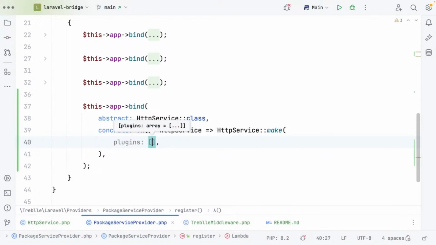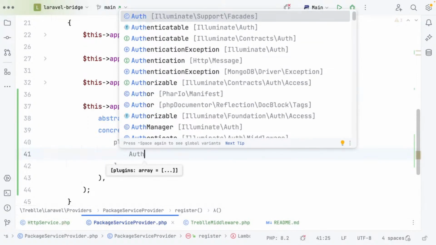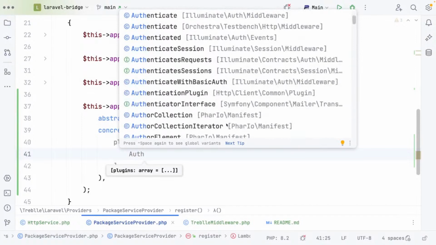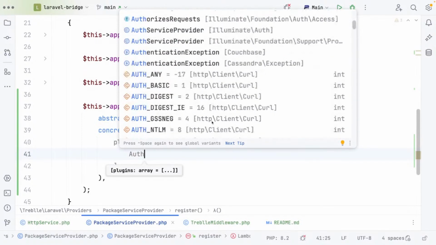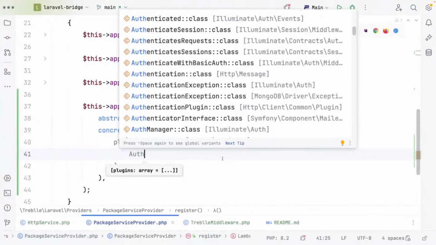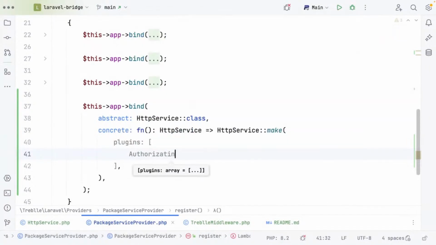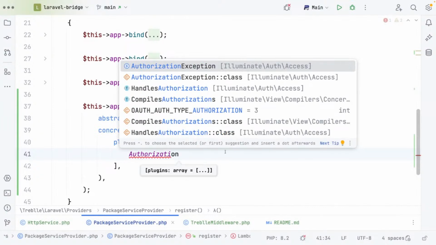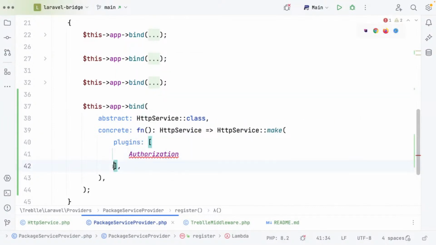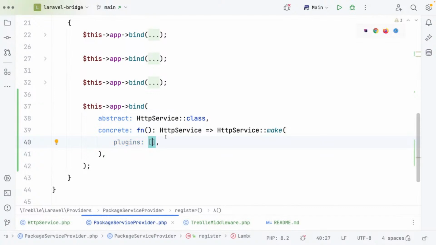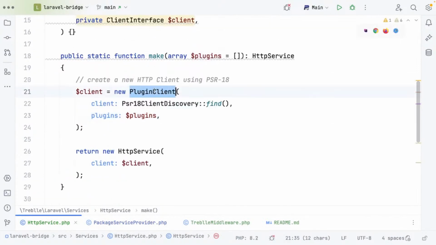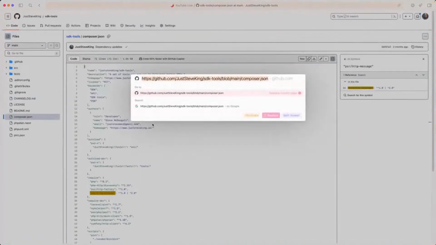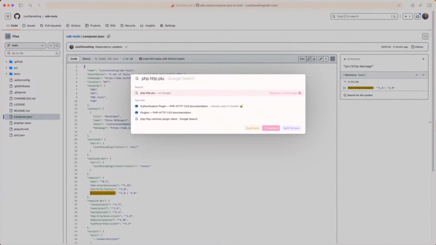We can do things like an authentication plugin. Lots of auths. Where is it? HTTP authorization. There's an authorization plugin that you can use. I'll have to look that up and find it. But basically, you can add certain plugins to the plugin client, hence why I'm using it, which will add extended behavior. So if I go to PHP HTTP plugins,